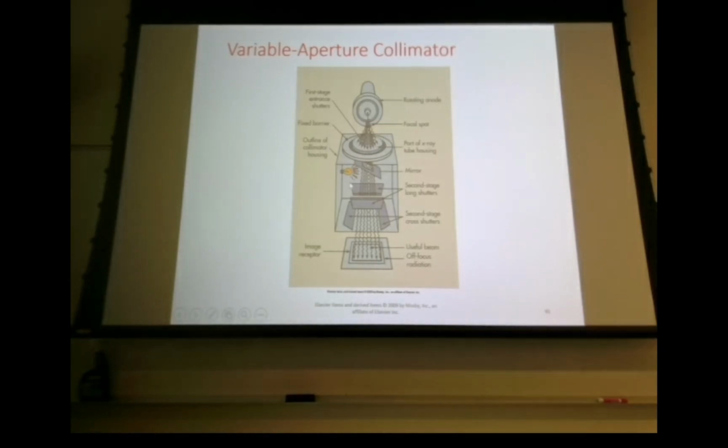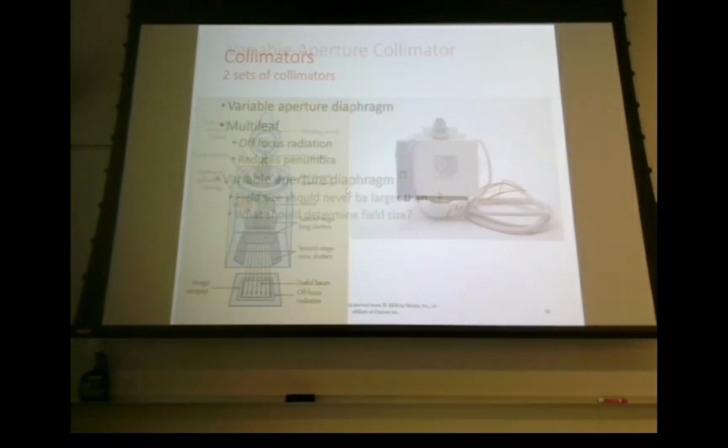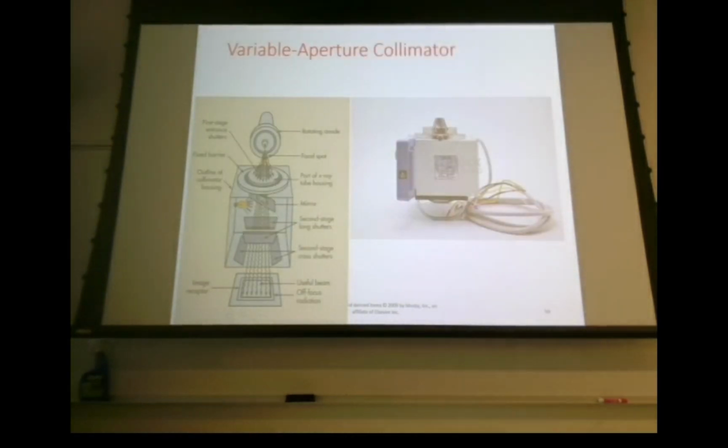With a multi-leaf collimator, it's kind of like a cone. And I've got another diagram in here that shows it. See this little cone? You just can't see it all that well here. That cone is not a multi-leaf on this one, but in most cases it's multi-leaf, which allows that cone to open and close. So as you adjust your shutters, not only are you adjusting the shutters at the bottom, but you're adjusting multi-leaf collimators at the top. The purpose for that is to limit off-focus radiation, which is what this diagram is trying to